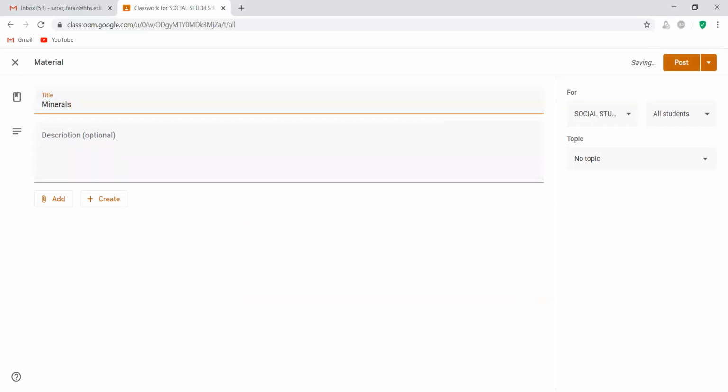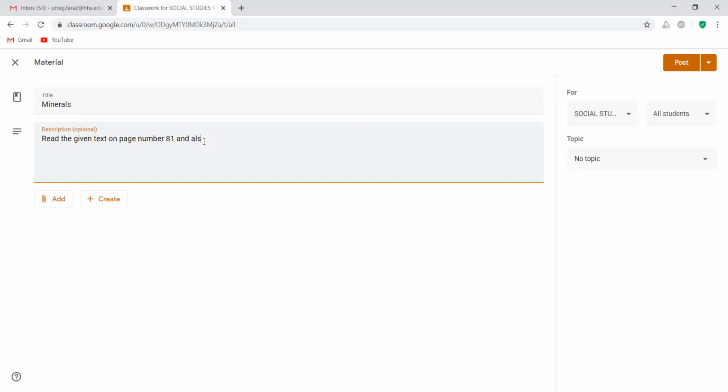Okay. Instructions. Read the given text on page number 81